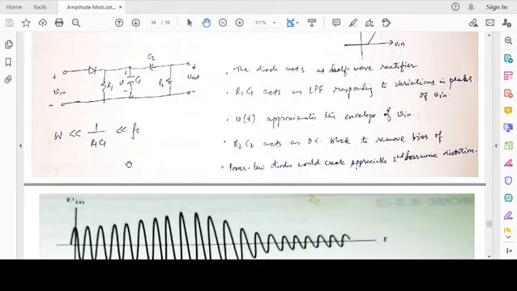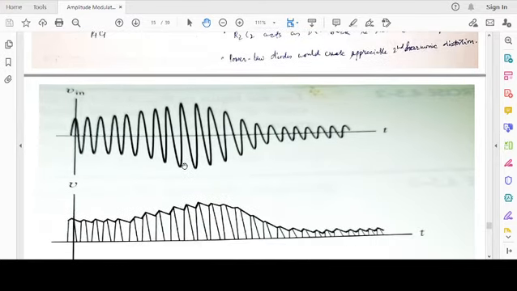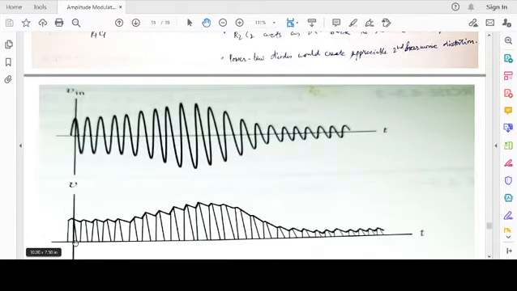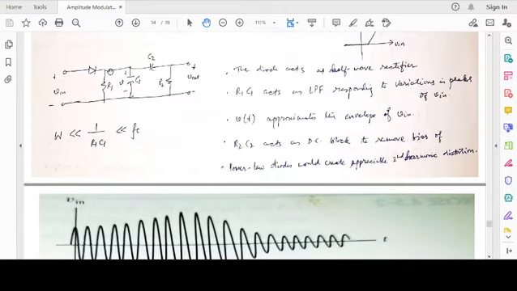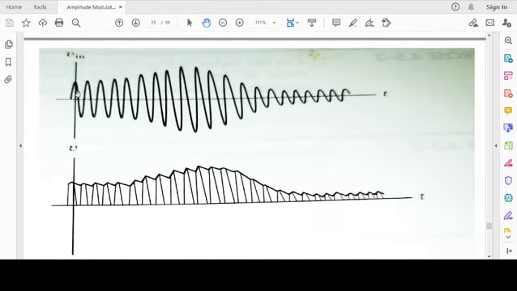Okay. Pictorially, let's see what happens. If this is my input signal, then after half wave rectification, you have something like this. Only in the positive half cycle is the signal present. With an ideal diode, these are the half wave rectifier characteristics: where the input is less than 0, the output is 0. Then through R1C1, this output V tracks the envelope.